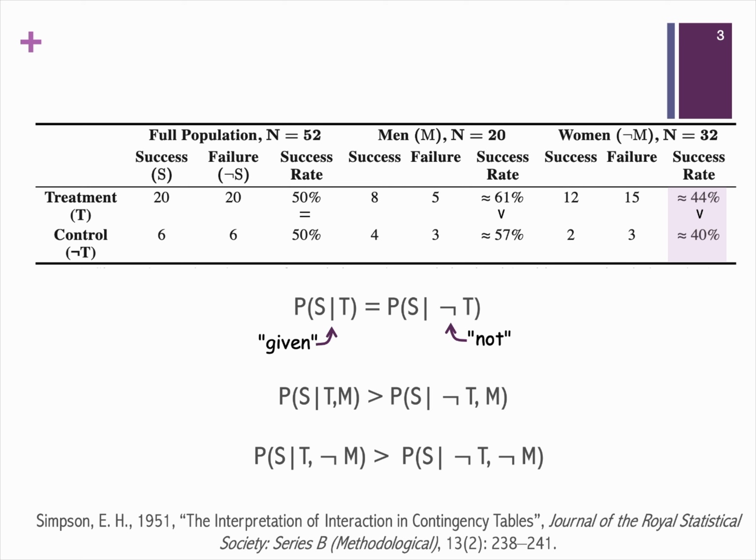Before moving on to show how causal analysis clarifies all of this, I want to highlight two more features of these numbers. First, note that the population contains more women than men. Second, note that even though the treatment raises the probability in both groups, the probability of success is higher in men who don't get the treatment than in women who do. So learning that someone received the treatment gives you evidence that they are a woman, and thus less likely to recover, come what may. For those of you who watched the previous episode, perhaps some of this is starting to sound familiar. There I distinguished between causal and merely evidential relevance.